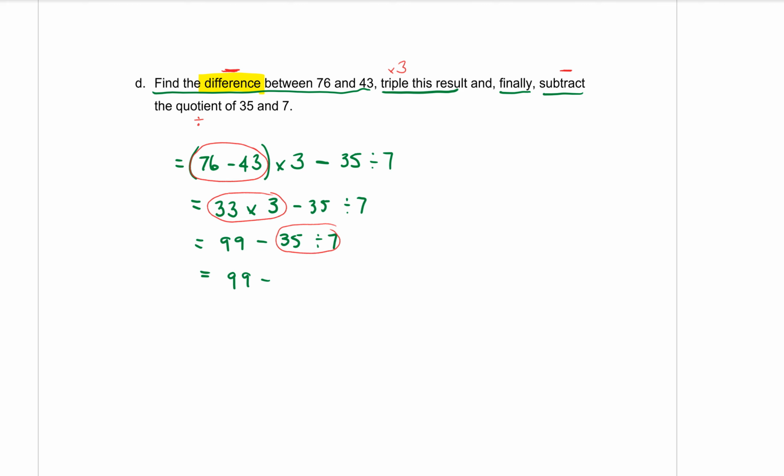I do that sometimes. I'm thinking about the answer and I accidentally say it. And last step, 99 minus 5 is? Oh, yep, 94. Great work. Okay. So what you will see,